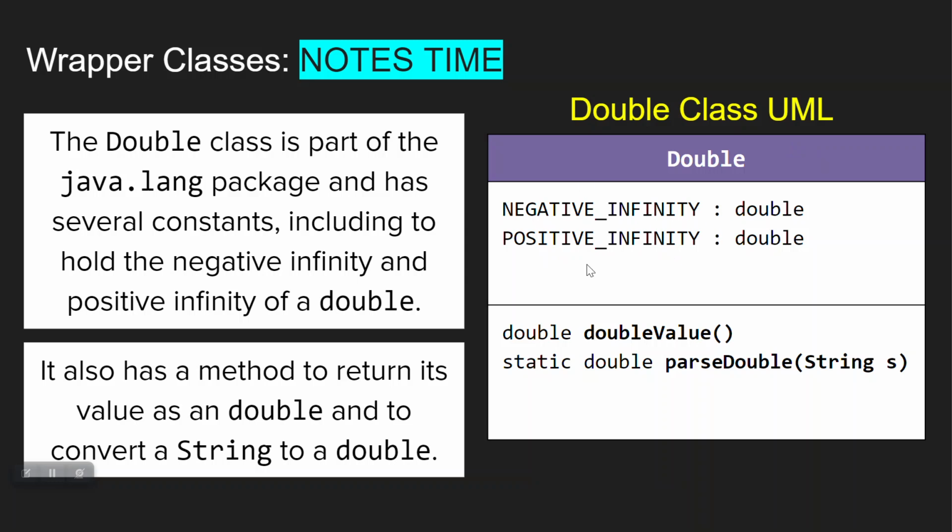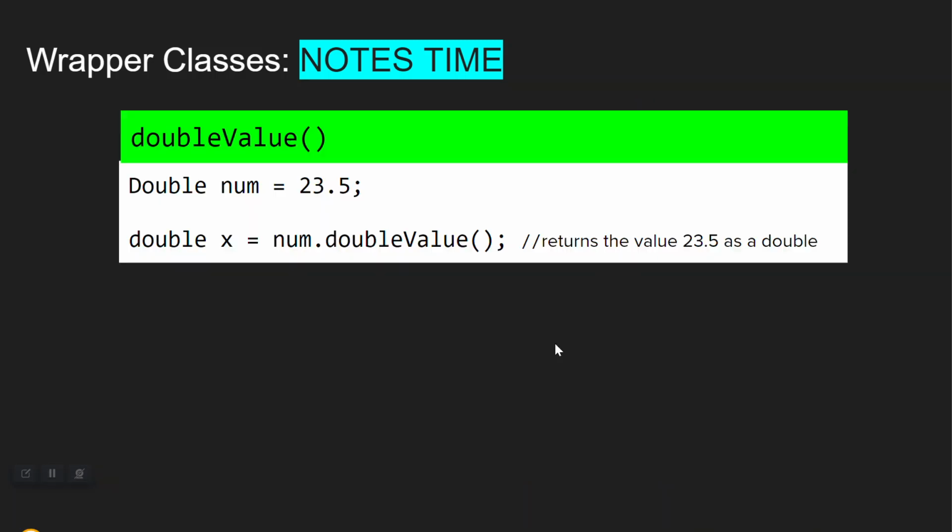As far as I know, we don't really use those very much in this class, but down here we do have, again, two methods. There is the double value method, and then there's the static double parseDouble method. So this first one, doubleValue, is going to return a double as a primitive data type. The first thing you need to do is have an object of the wrapper class, Double num equals 23.5. And then down here, if I call num.doubleValue, that's going to return the value 23.5 as the primitive data type